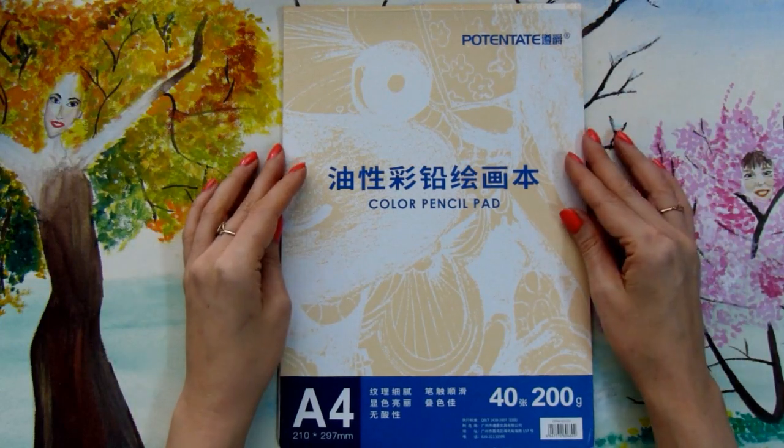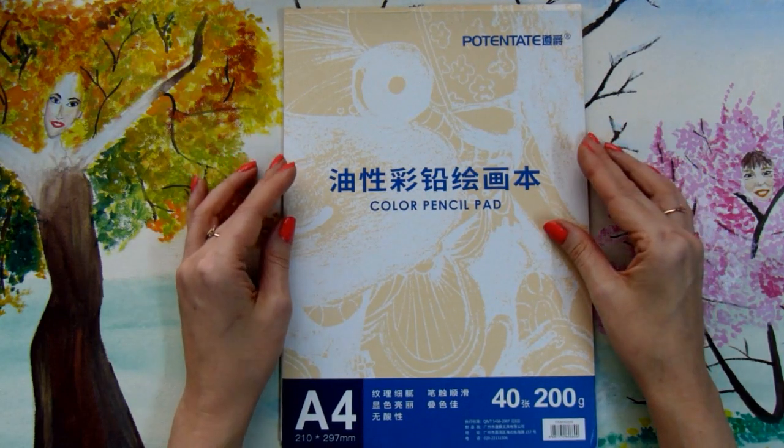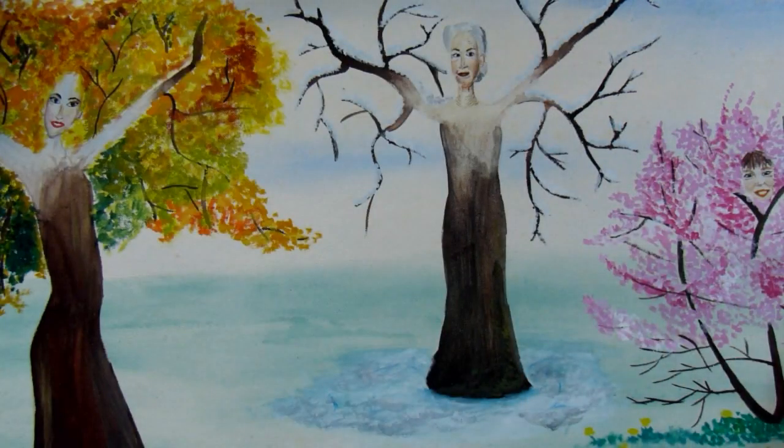Hello coloring friends, today is Sunday and it means that we are going to see the result for our Finding Color weekly challenge. First of all, let me show you my new